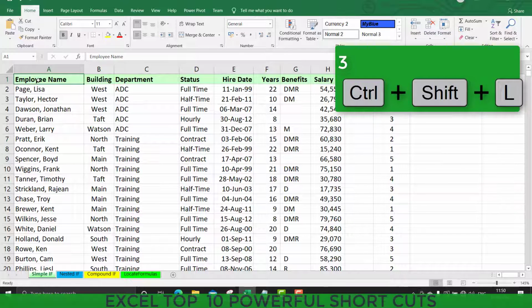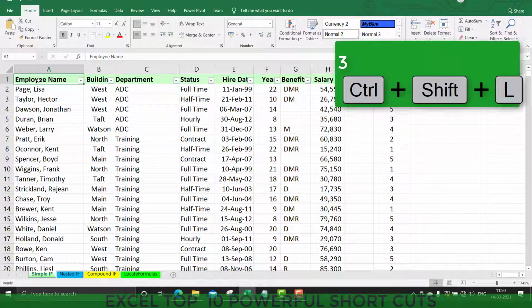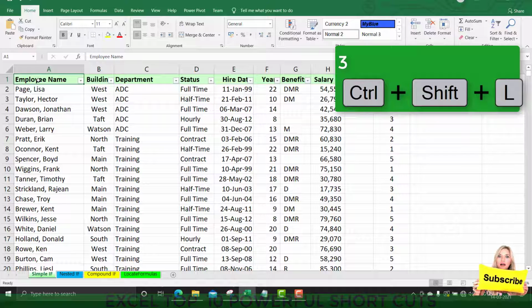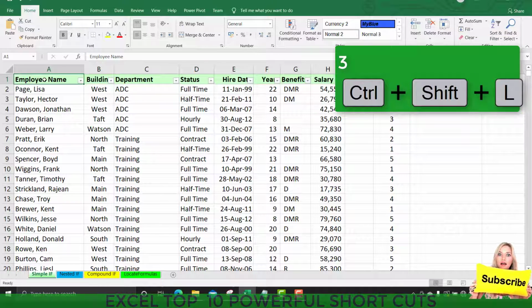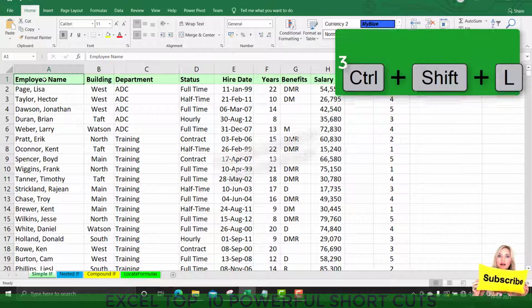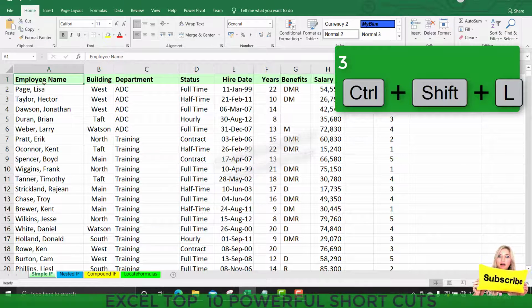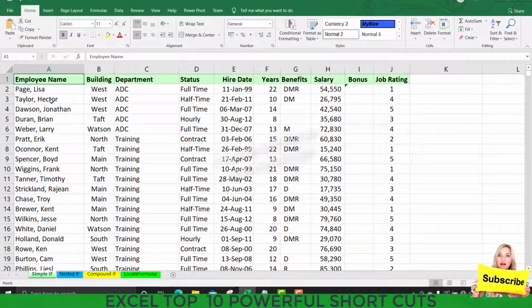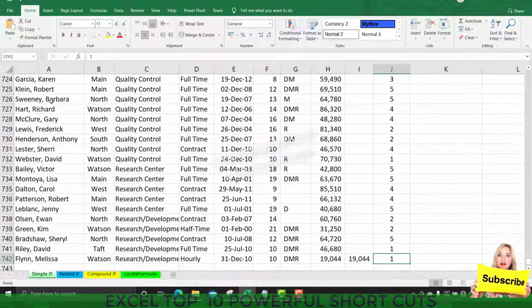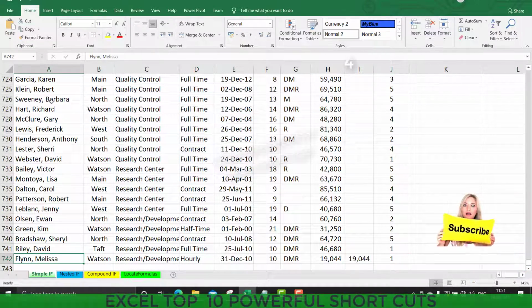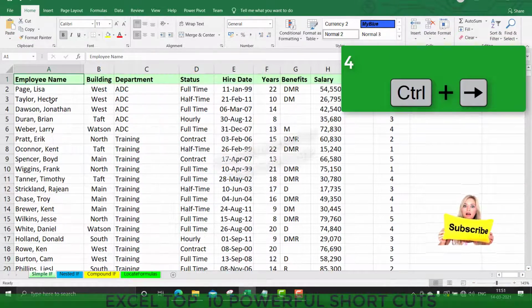In a similar manner, another shortcut key which we use most frequently is Control Shift L. If we select the data or the row, and press Control Shift L, it will create a filter for each column across the entire data set. And you can enable or disable it by using the Control Shift L keys.